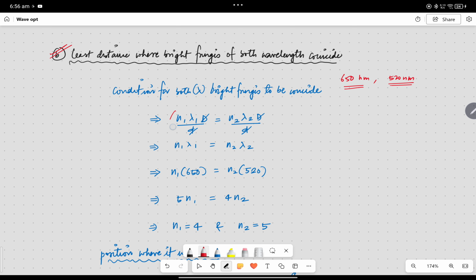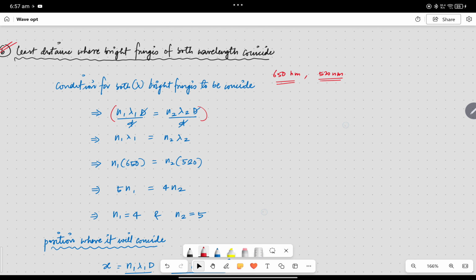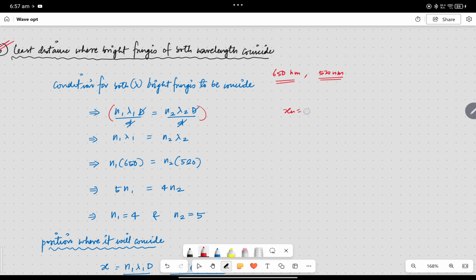So by the same general formula, xn is equal to n lambda D by d, suppose the bright fringe coincides at x